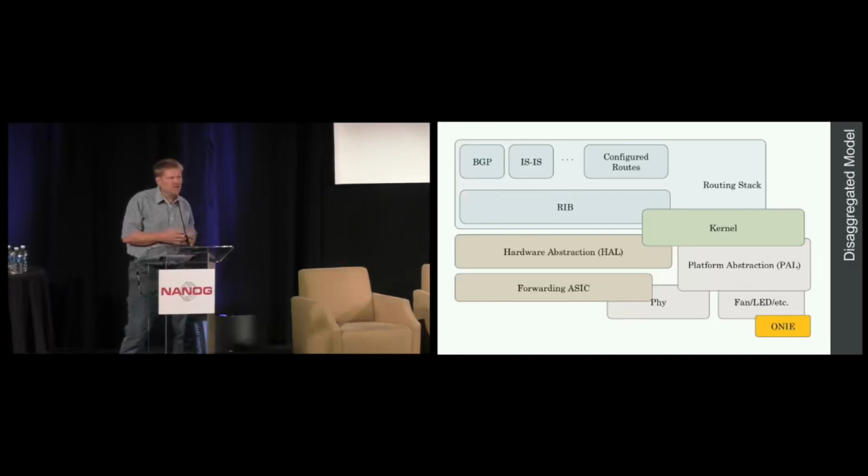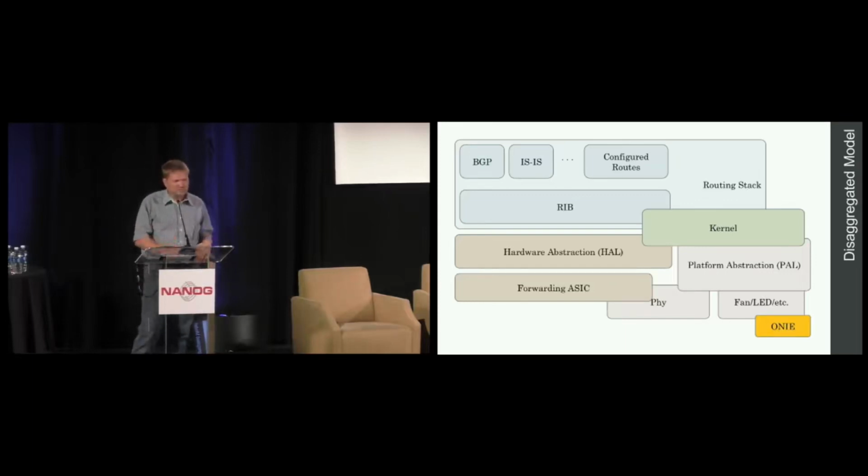and things like that. And one thing you have to think about in this area is that when you do a ping or a traceroute or whatever, those are kernel applications, so therefore the kernel needs to know about the routes coming out of the RIB in some way so that you can actually make those applications work. Then you're going to have what I call a platform abstraction layer. This is going to spin the fans, turn the LEDs on, turn the LEDs off, change the color of the LEDs, do all that cool stuff, so when you bring visitors into your data center, you have a way of making your LEDs flash green or red or whatever you want as they're walking through,